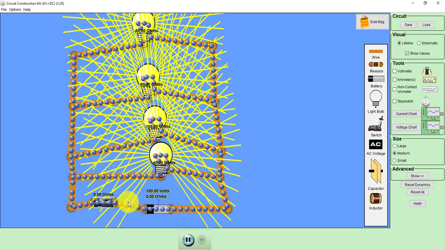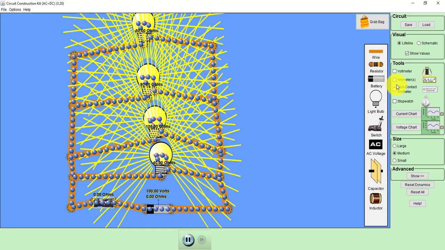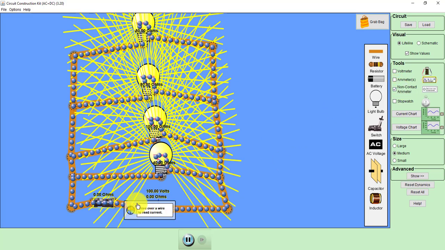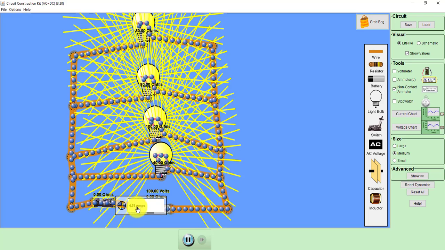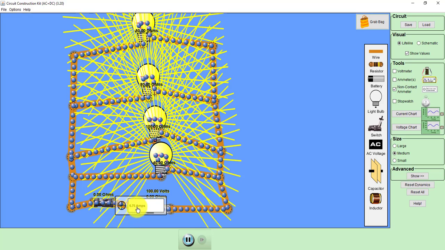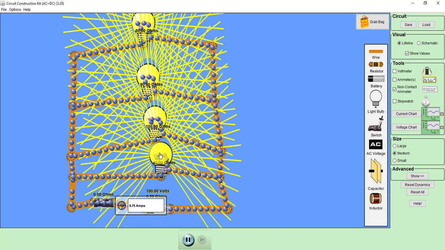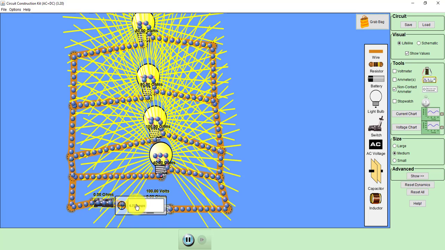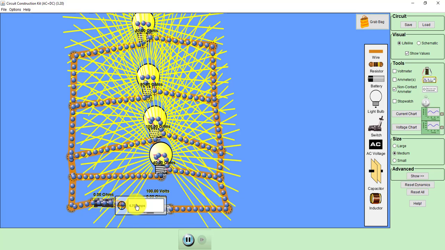more than the previous value. The previous value was how much? 4.25. Now the current will be increased. Let us check that. Yes, now the current has increased to 6.75 ampere. The reason is that we can explain this in two ways. One way is that as you go on increasing the number of resistances in parallel, your equivalent resistance reduces. So therefore, your supply current will increase, because by Ohm's law, supply current is total voltage by total resistance. So that is one way of explaining.